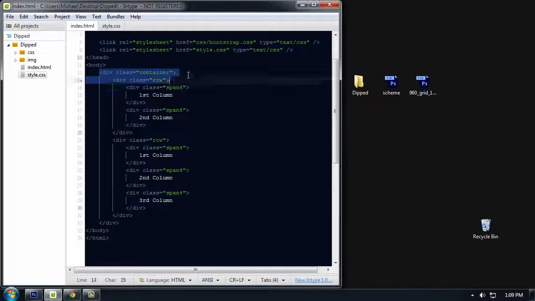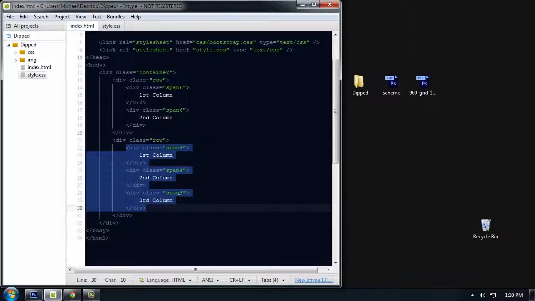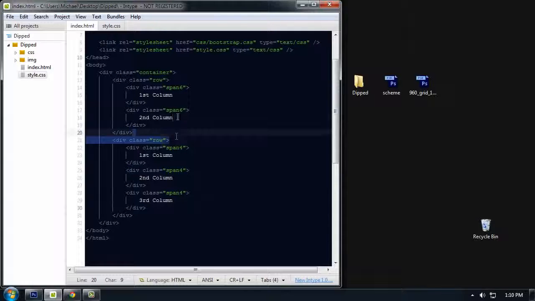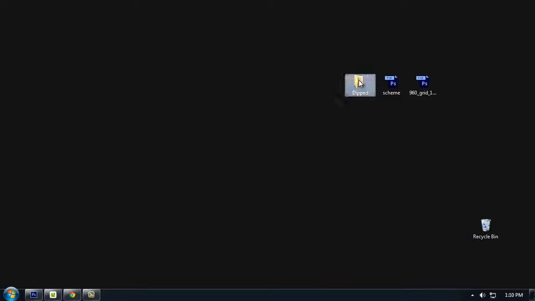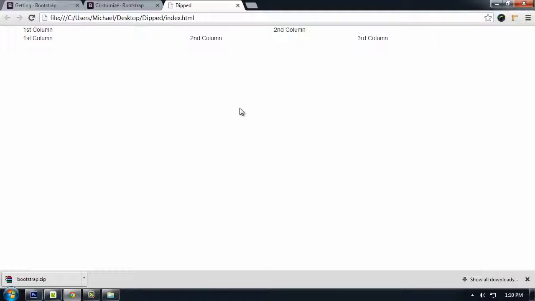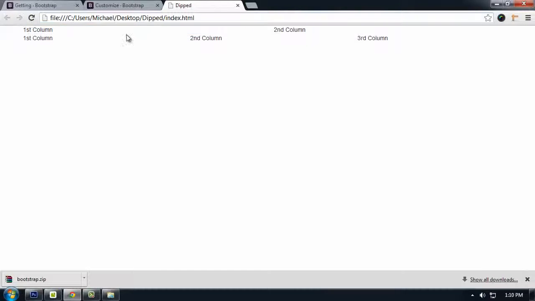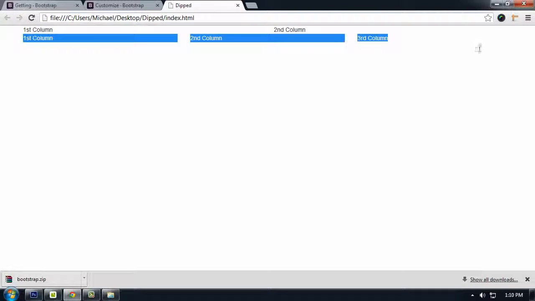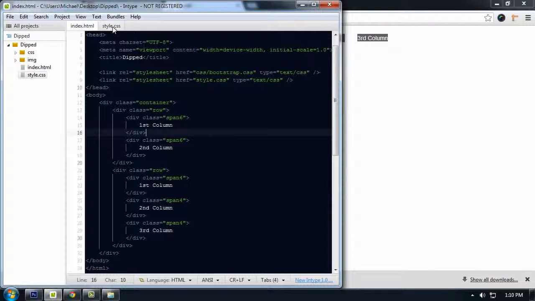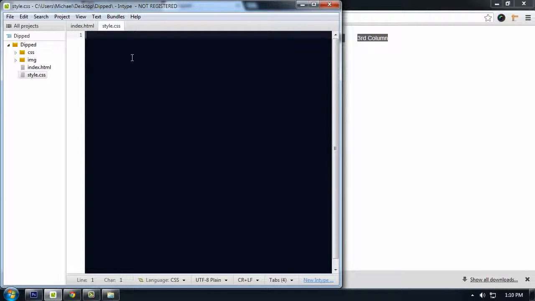So div class with a container, and in a container there are 2 rows. First one has first and second column. The second one has a third column grid. So let's preview it in a browser. As you can see right here, they have first column, second, and the second row there is 3 columns. So in order to see it,